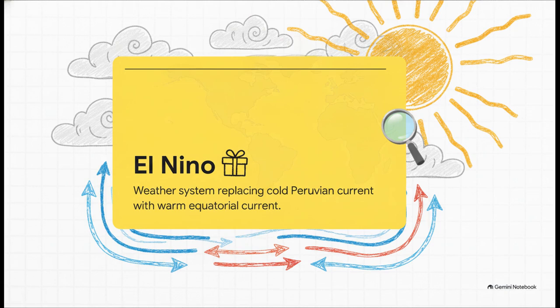Enter El Niño. El Niño is a highly complex weather system that rears its head once every 3 to 7 years. It messes with both oceanic and atmospheric phenomena. It gets its name, which translates to Child Christ, because it typically shows up around Christmas time in December. What essentially happens is an extension of the warm equatorial current temporarily replaces the normally cold Peruvian current, also known as the Humboldt current, way over in the eastern Pacific.